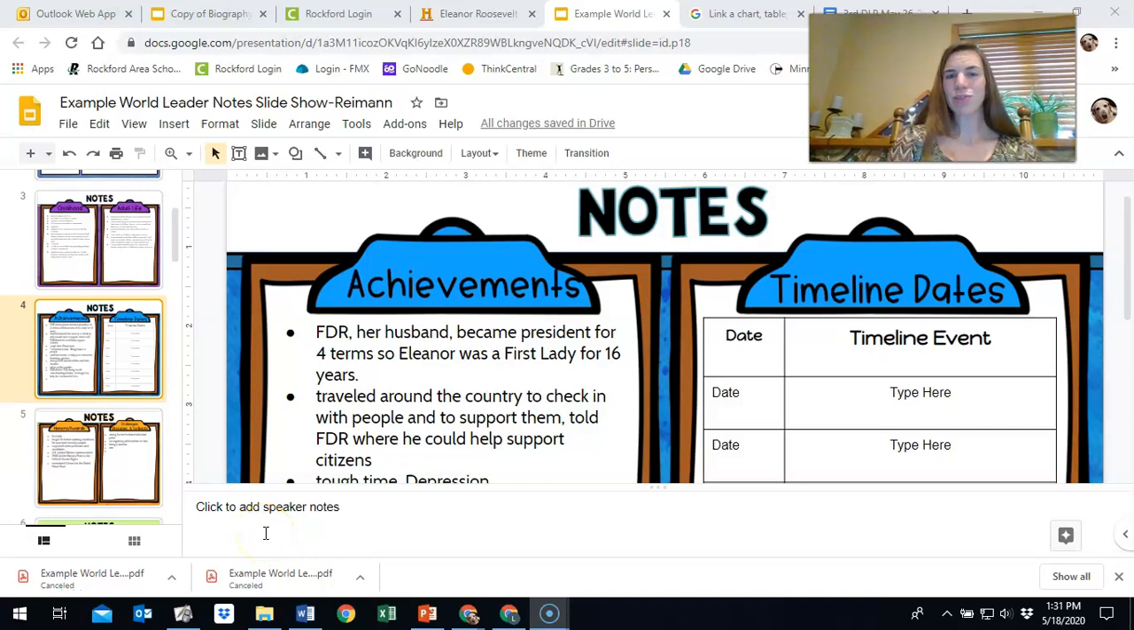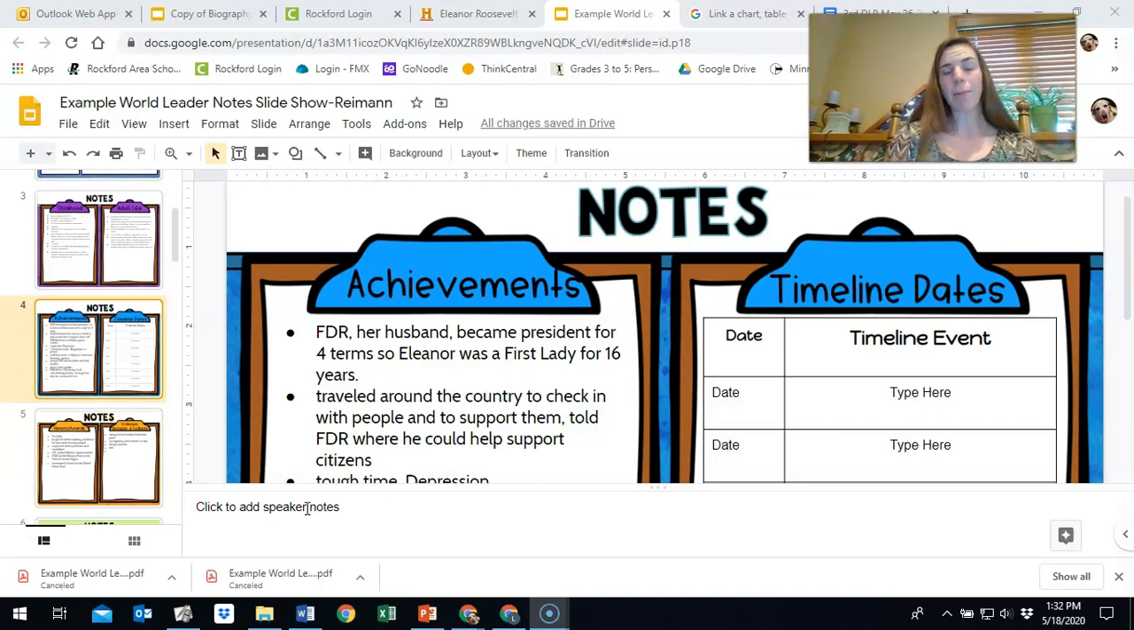Hello, I'm here now to show you how to do the timeline on your World Leader report. This is optional, but I would encourage you, if you're looking for something to do, to definitely give it a try because it's not very difficult. So a timeline is all of the important events that happen in a person's life or in a span of